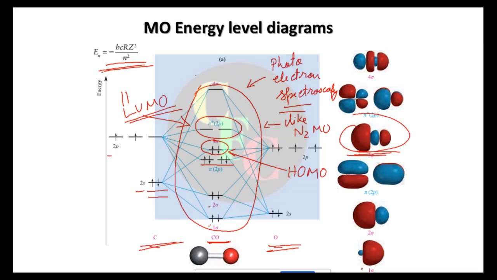You see, this 1 sigma has a lobe more close to this oxygen. The lobe of 1 sigma is more close to oxygen. The 2 sigma is rather on carbon. That means if the electron pair is in 1 sigma, you can find it more on the oxygen atom. Why? This one is much closer in energy to 2s of oxygen, and this one is much closer in energy to 2s of carbon. That's why it is much more on carbon and this is much more on oxygen.